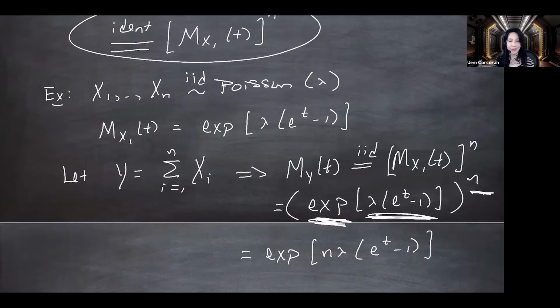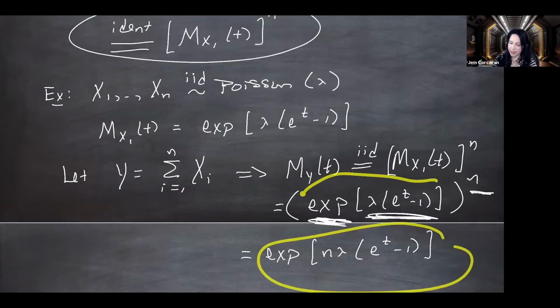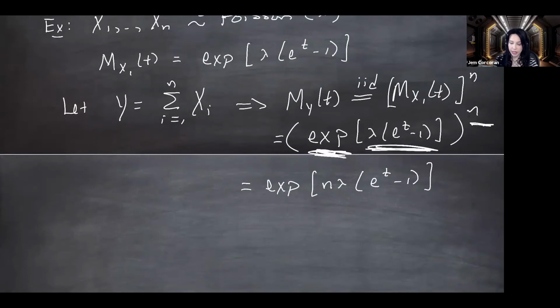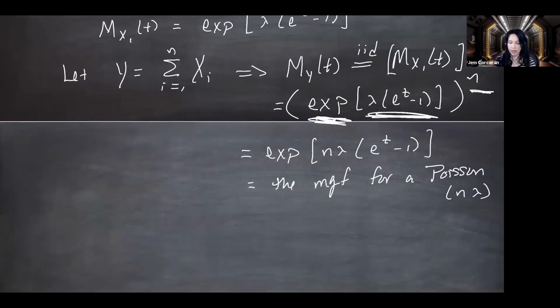which we recognize because we've only seen one other moment generating function. We've only seen one total. This looks just like the original. So this looks just like this, but there's an n lambda in place of the lambda. And so this is the moment generating function for a Poisson with parameter n lambda. And because it uniquely determines the distribution, this is enough to say that Y has a Poisson distribution. So before I write that, let me just down here say, this is the moment generating function for a Poisson with parameter n lambda.